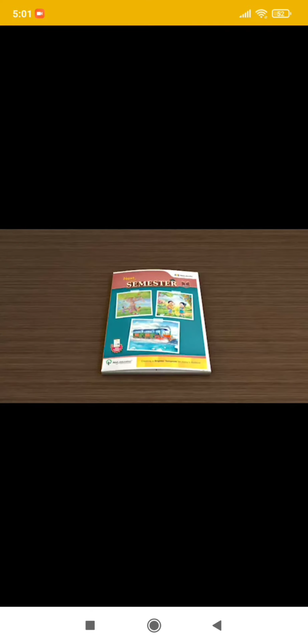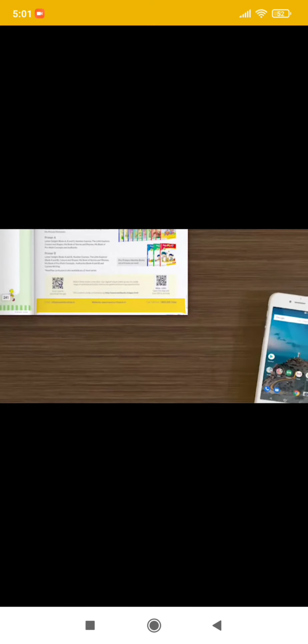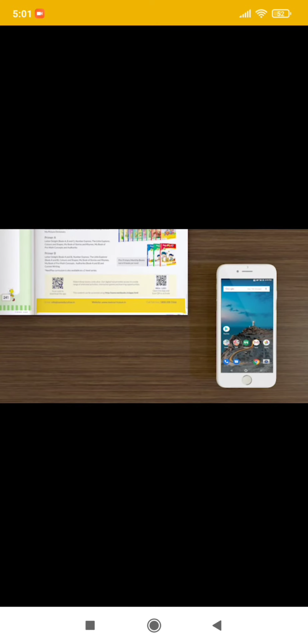So just go through this video. We will play a small video. Now this is your textbook. We can see at the end of the page you have a QR code present here. This mobile is opening the Next Curriculum app.